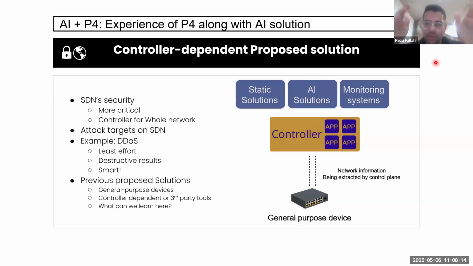We can divide it into the controller dependent solutions or the third-party tools like apps, software, hardware, things like this. So in controller dependent solutions, the resource of the controller will be used in order to extract information through the network or do some heavy tasks, or it will be some kind of processing burden overhead to the controller. And this is not the thing that we actually want to have inside the network, specifically inside large scale networks. And in some cases, it might become an attack surface itself. So this is one problem.